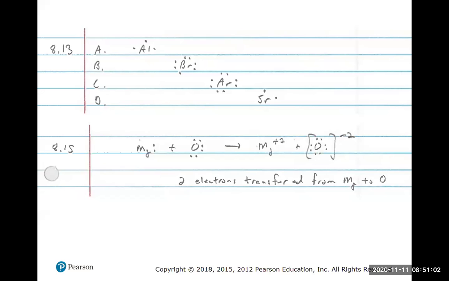In 813, it's asking you to write the Lewis symbol for atoms of each of the following elements: aluminum, bromine, argon, strontium. What you would simply do is write the symbol for the element, so in the first case aluminum, Al,